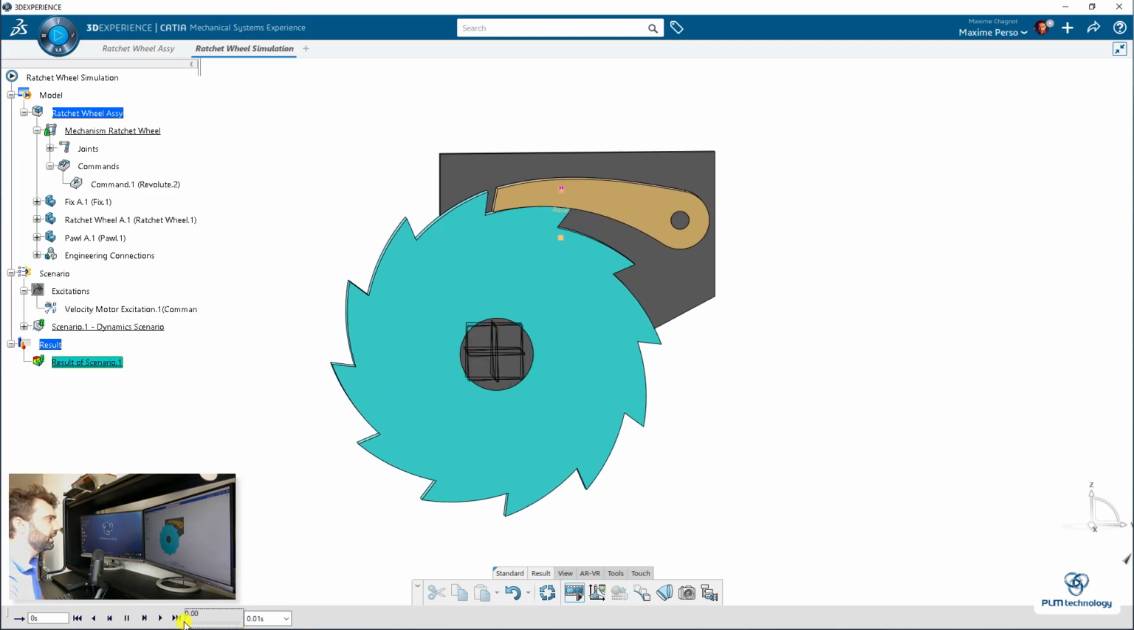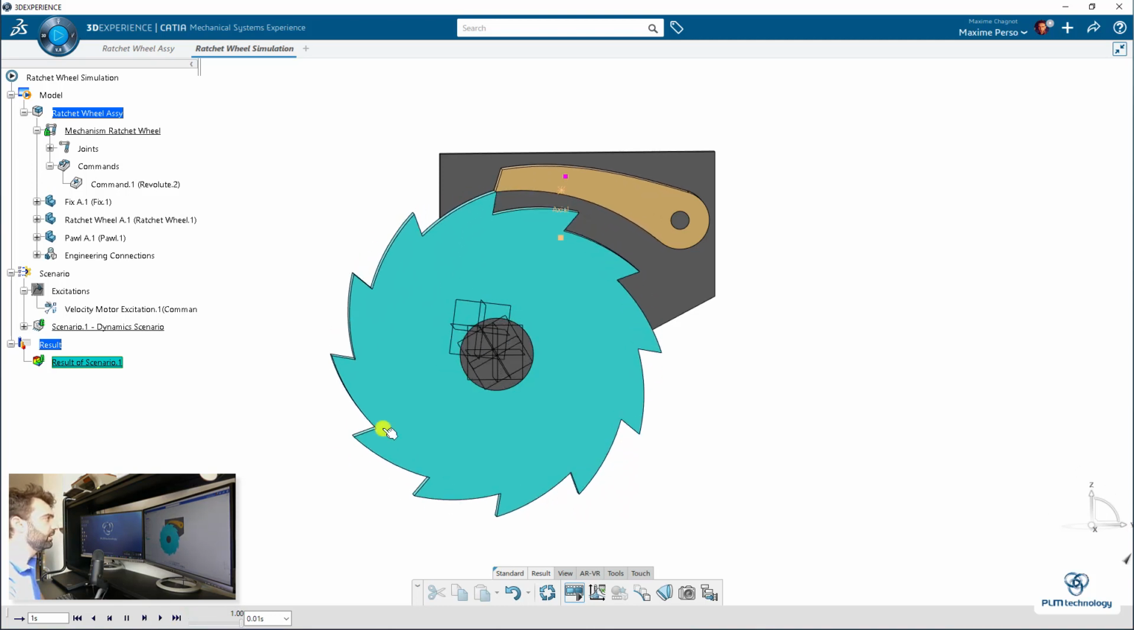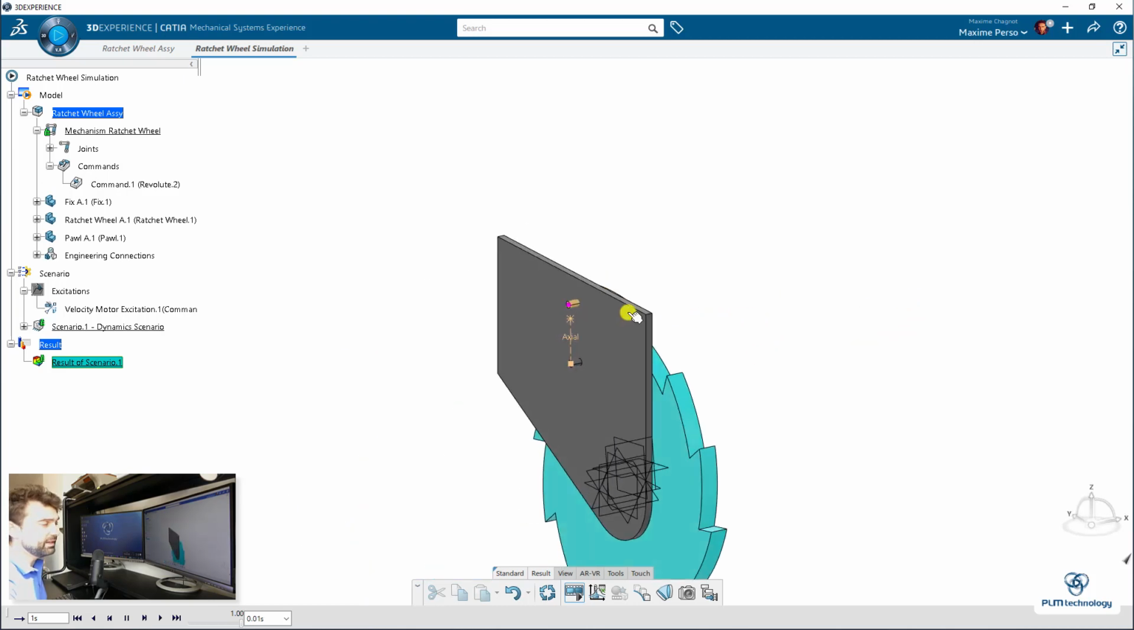Okay, so don't worry, here I do it in the opposite direction. So you see it's working pretty well. The pole is going back to the wheel. Okay, and now what I will do is, as I told you a bit before in the video, we have